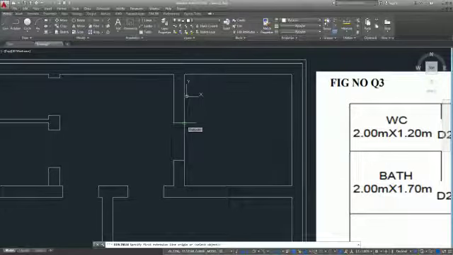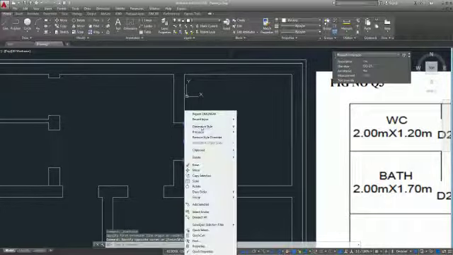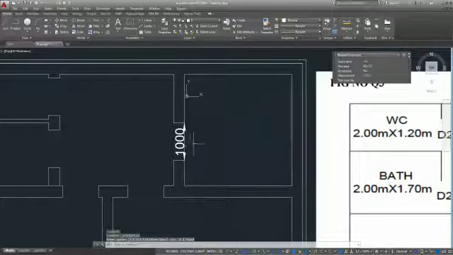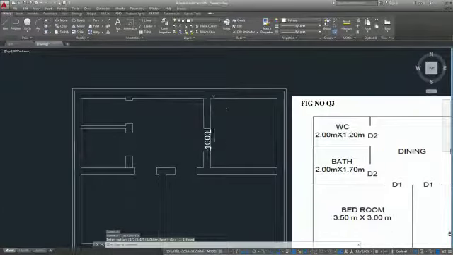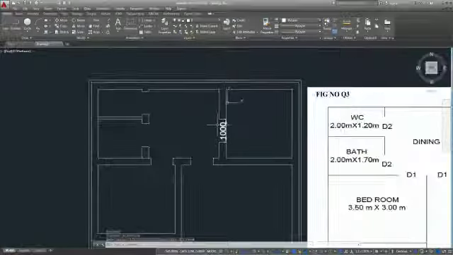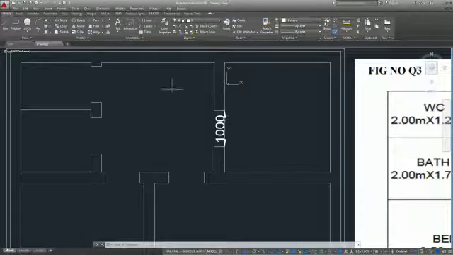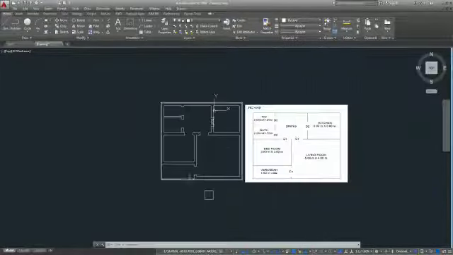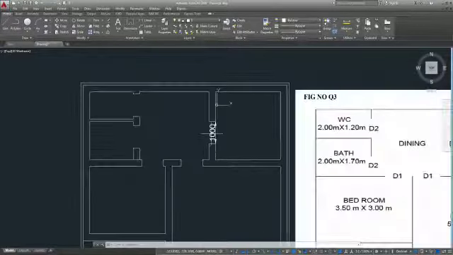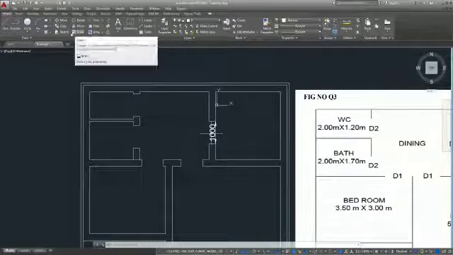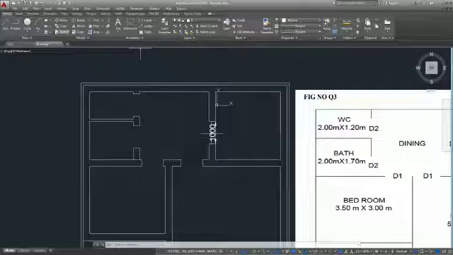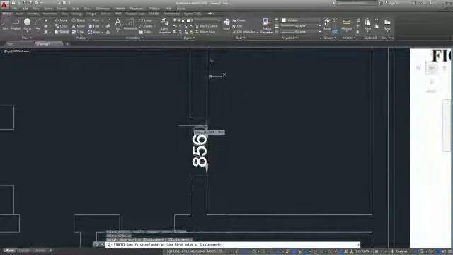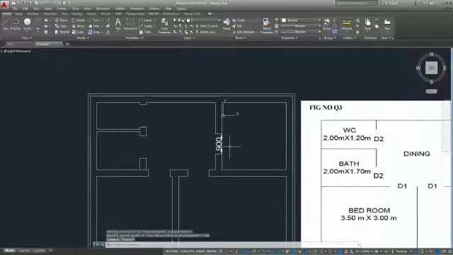This dimension is already done. What I will do, I will put that into building. Now it is visible. See, 1000 is visible. The dimension is a little bigger only. We can reduce it. Why is this done? See, inner, this is 1000. Outside wall is 1000. You can always keep that. Inner you should keep less than that. Once you do that, go to stretch, then click this and move towards this by 100. So it becomes 900. Now it's fine.